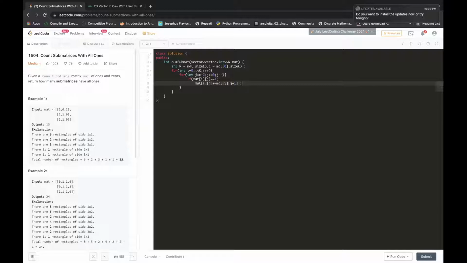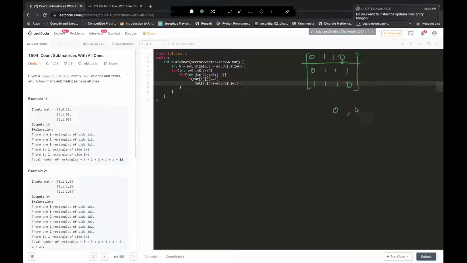For every row we can have that array. I can show you what we are doing here. Let's see this example: 0 1 1 0, then 0 1 1 1, and then 1 1 1 0. We are taking every row, and for every column we are starting from the back side.